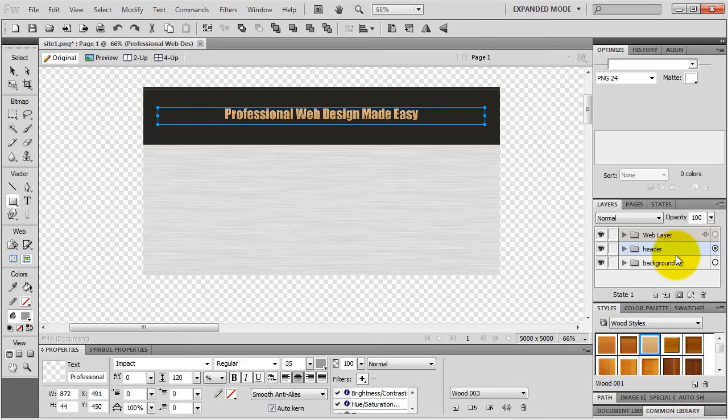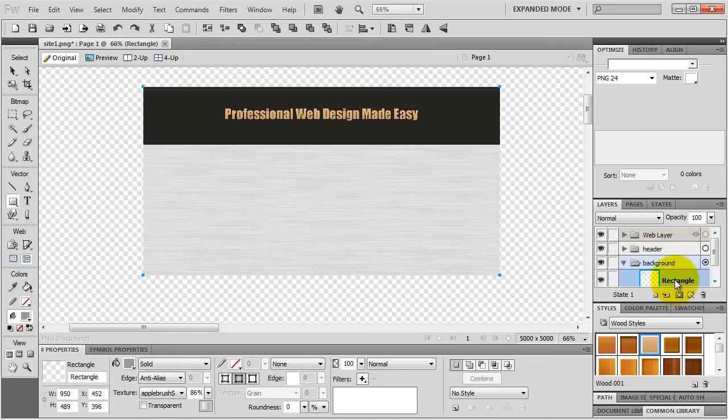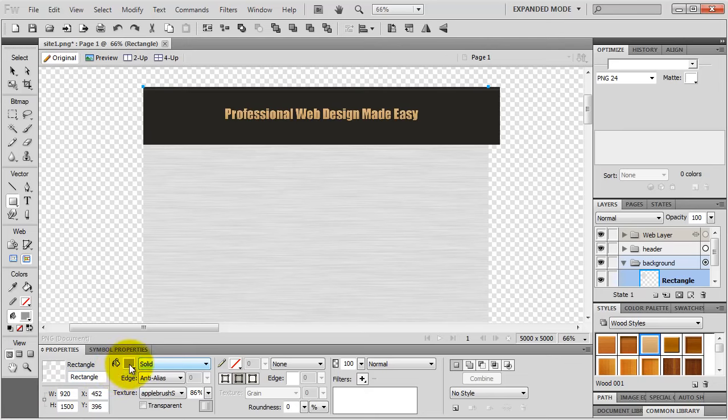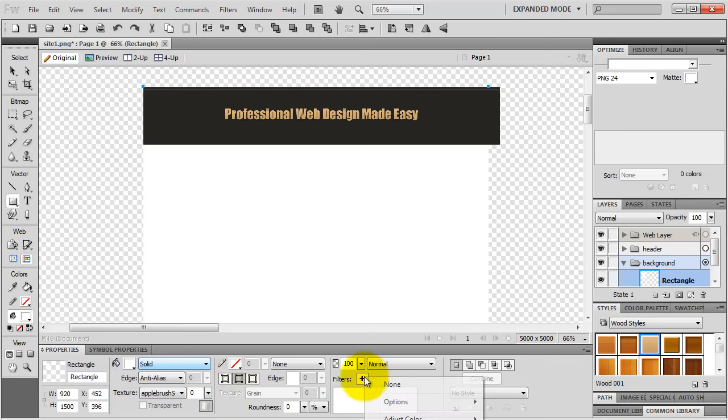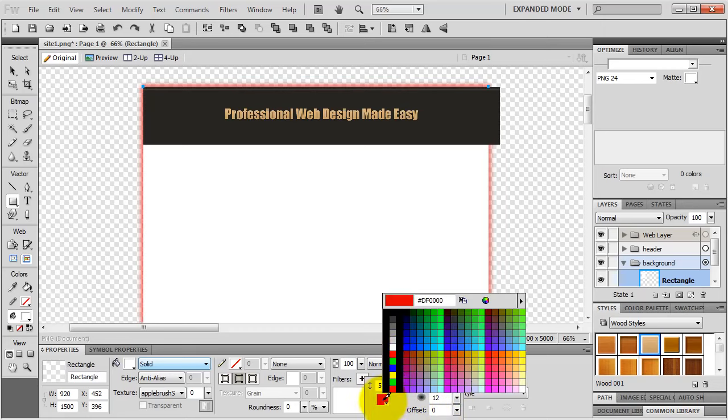And now I select my background rectangle. And I resize it to, let's say, 920 pixels wide and 1500 pixels high. Color fill will be white, no stroke, and I get rid of the texture as well. Okay, and I'm going to add a live filter. Sorry, you can't see it. Shadow and glow, and glow. And I change the color to gray,